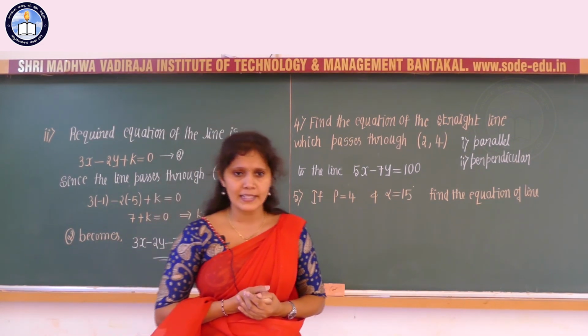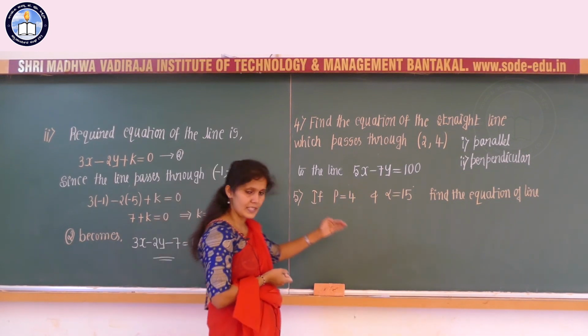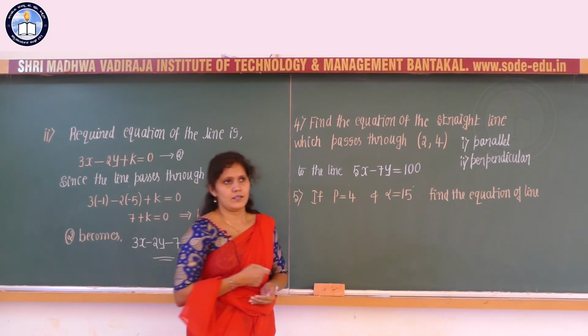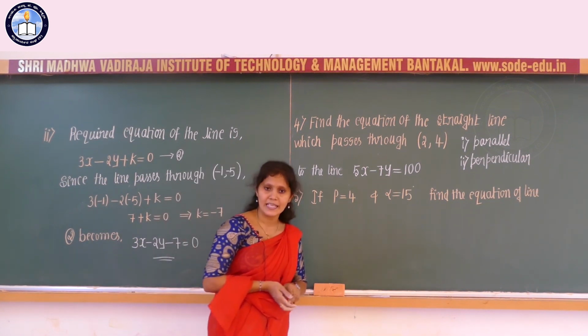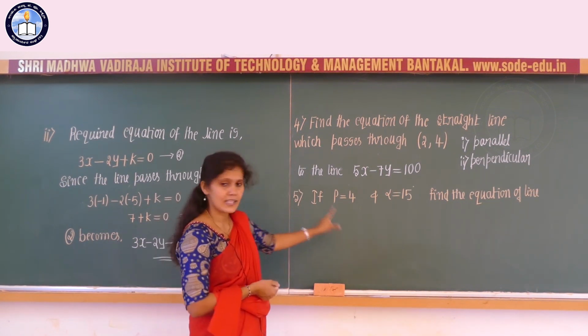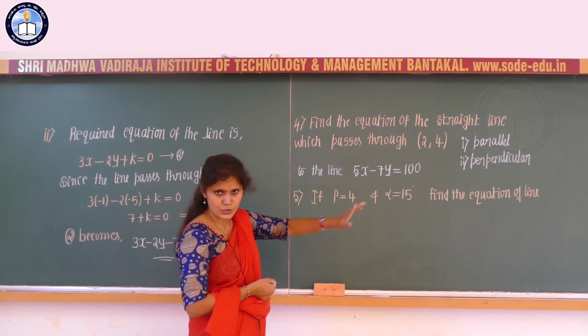If you know them directly, no problem, substitute and write the equation. Otherwise, trigonometry is already completed, so try to get the values of cos 15 and sin 15 degrees and write the required equation of the line.